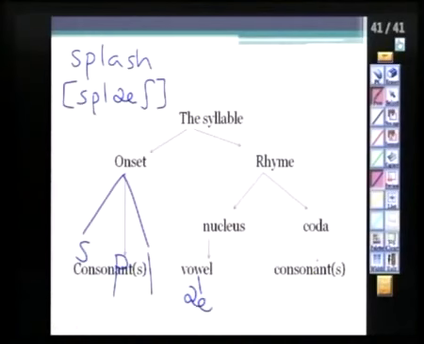Then you have the coda. You have one consonant in the coda, which is the sha. Okay, do not be confused with the 2 letters. We don't care about letters. Number one, you transcribe. Then you analyze the syllable structure of the word. Number one, transcription. Number 2, you analyze the syllable structure of the word. You see what we're doing here?